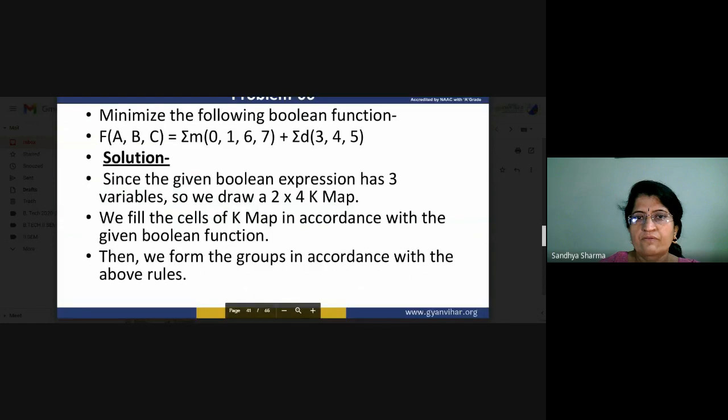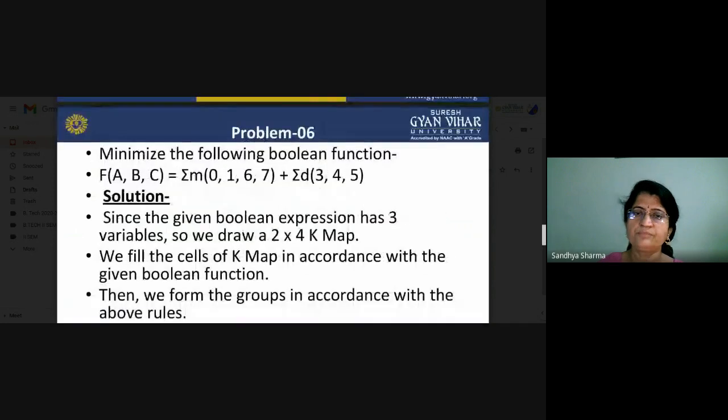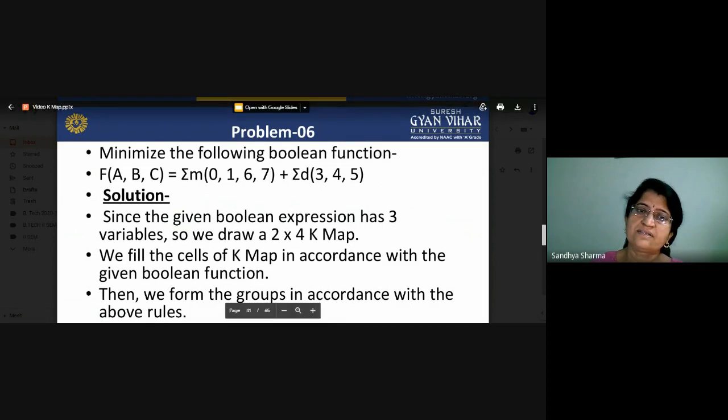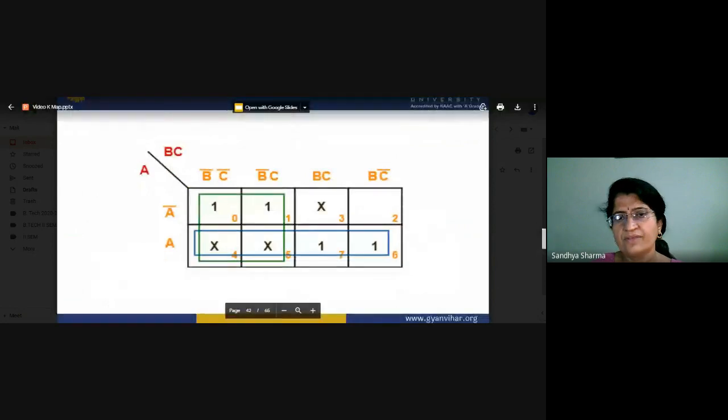So these are the examples of our don't care. Again there is a numerical, we can take it, no problem. These are the different patterns, and by using these patterns you can solve. That is the three-variable case, very easy. There are 8 cells, and we can put in the equations. So what will happen? You can make a quad and here you can make this.